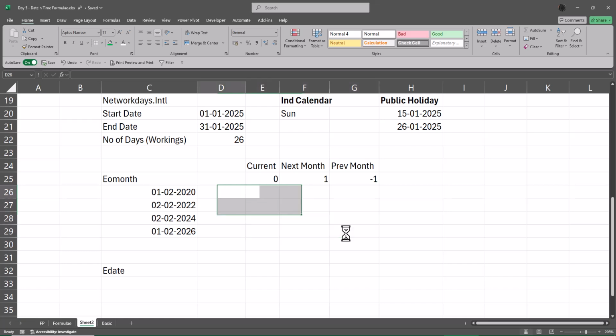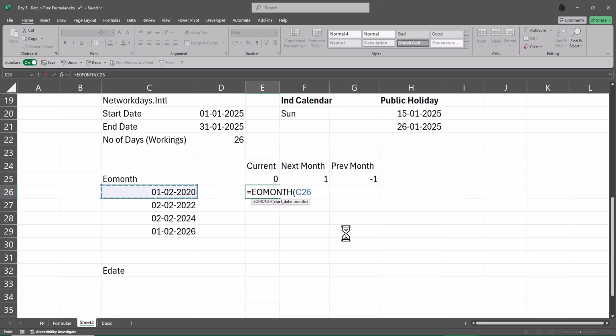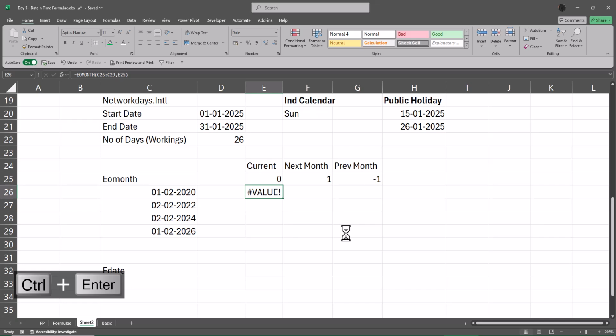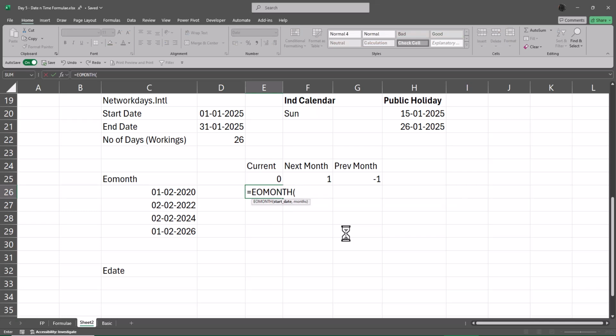So let's come back here. I'm going to just pick up equals here and then EOMONTH, select the data completely. Let's see whether it works, the spill effect on it. This spill effect is not working on the end of the month here, so I have no other choice other than to use